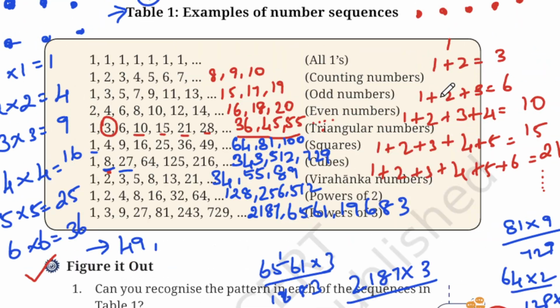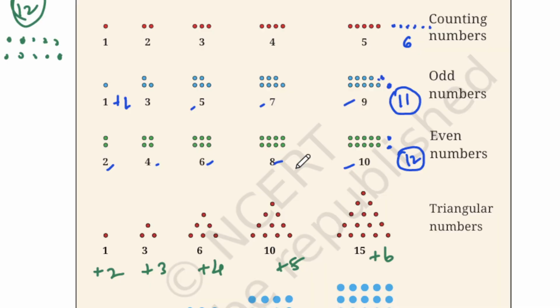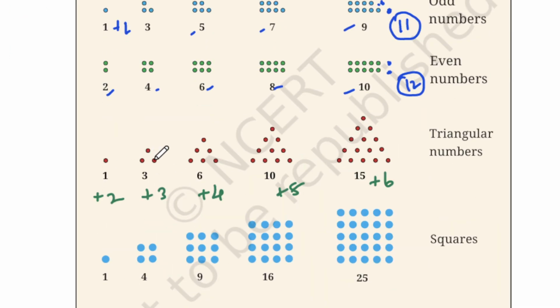Here also you can cross check the numbers where the triangular numbers are. So we have 15, and after 15 is 21. Each time the numbers are increasing at the bottom. If you see 1, 2, 3, 4, 5. So next what I'm going to do, I'm going to put 6 dots,